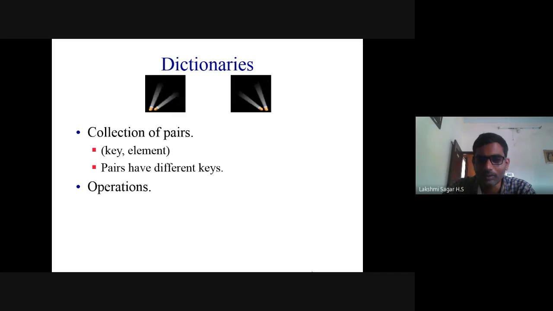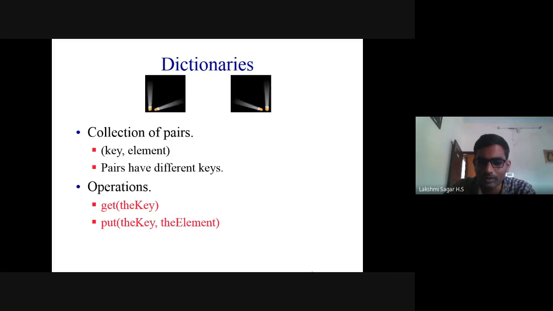So what are the different operations we can perform on dictionaries? First one, get. This can be used to find a particular key. Next, put.